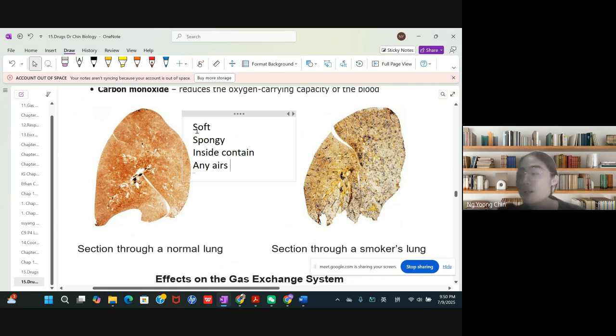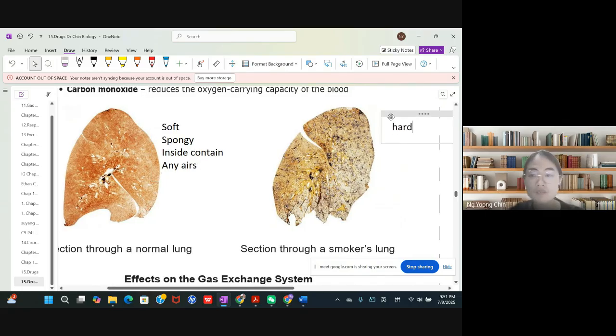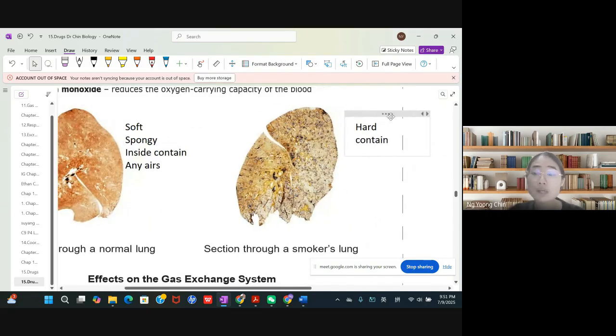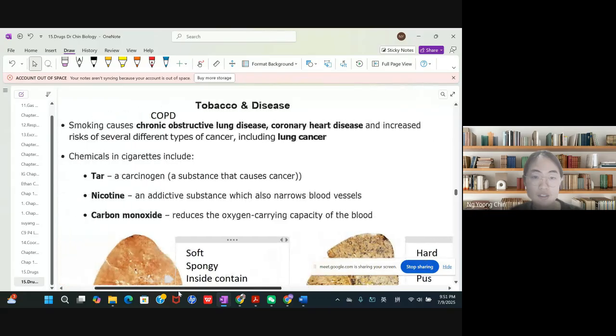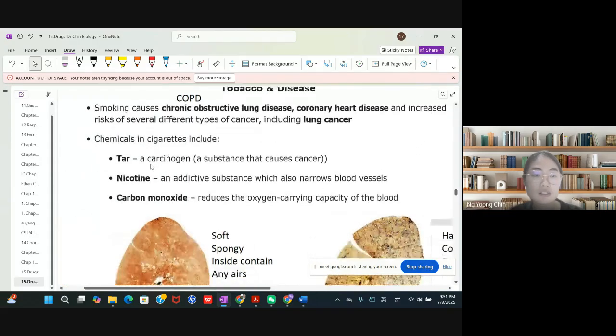Okay, if you have had the experience of touching a lung before, you feel that the texture of the lung is very soft and spongy, just like a sponge. 很软很柔软的, OK, and inside there is air. This is what a normal lung looks like. But a smoker's lung or a diseased lung will look something harder, and inside they contain fluid instead of only air, or sometimes they contain pus. 脓液脓液在里面。